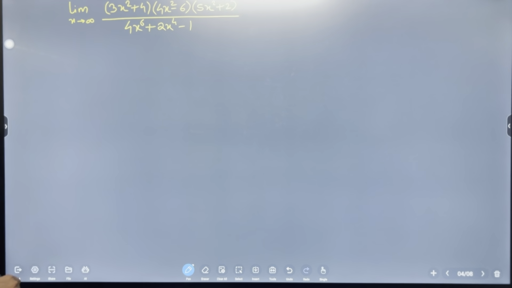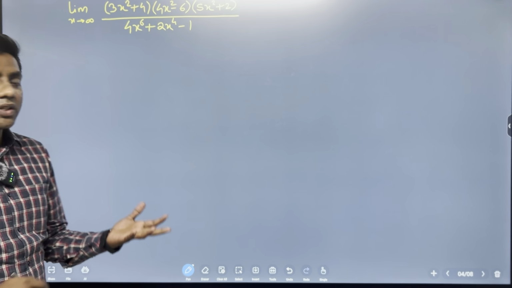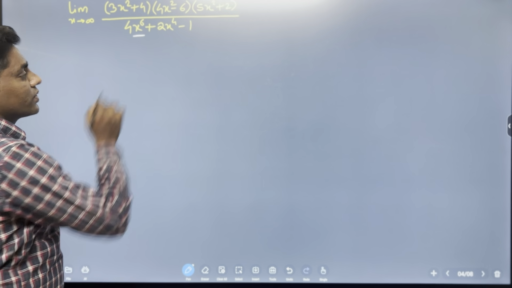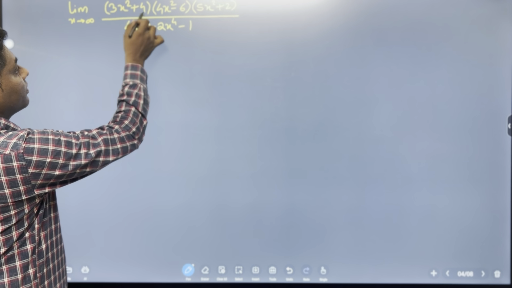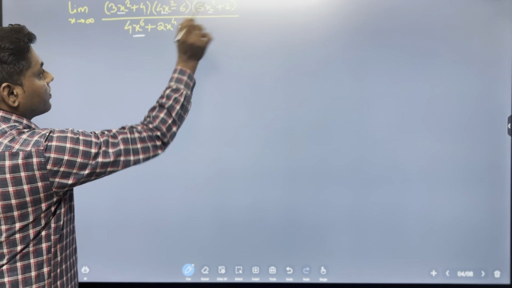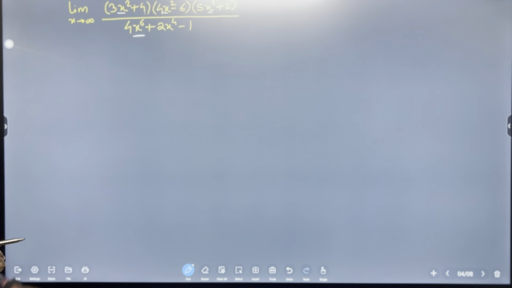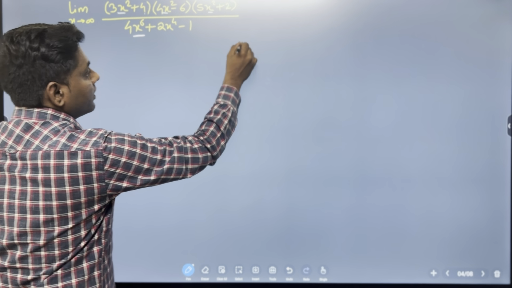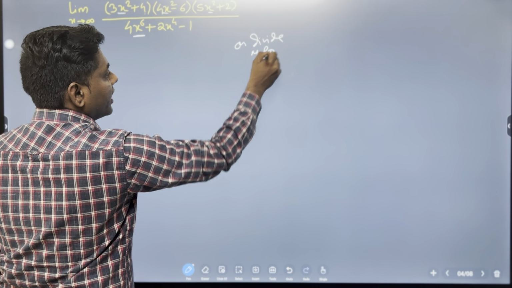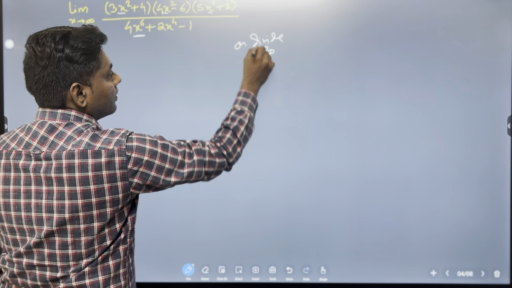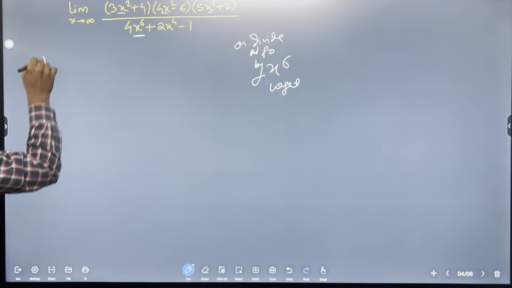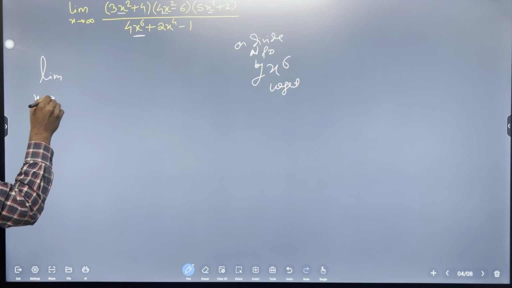Again, the next example is very easy. Just first observation, what is the highest power? At the denominator the highest power is x raised to 6, and at the numerator there is a product of 3 brackets. So here x square and x square and x square, that is x raised to 6. So on dividing the numerator and denominator by x raised to 6, we get limit x tends to infinity